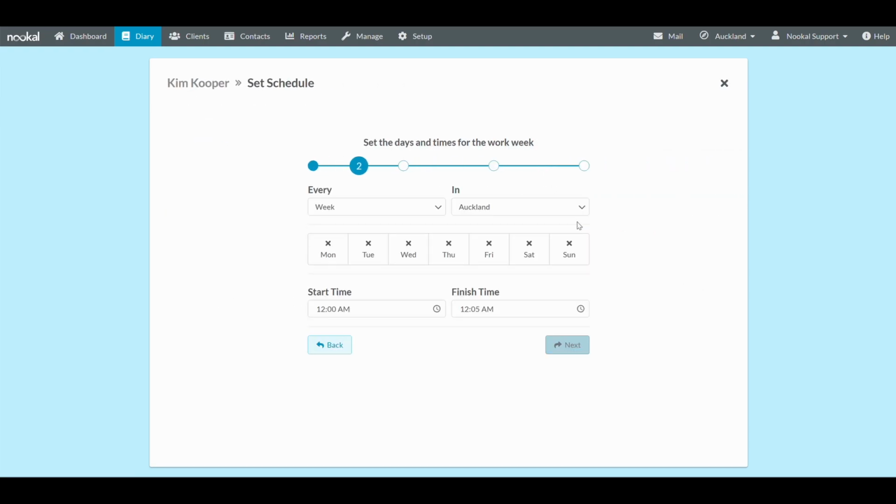You can just click through that first step. You've got the option to make it a weekly or fortnightly sort of schedule. I'm going to do a weekly schedule for this example. And then you want to select the days that they have the same schedule. So let's say on Monday, Wednesday and Friday, this provider works from 9 a.m. till 1